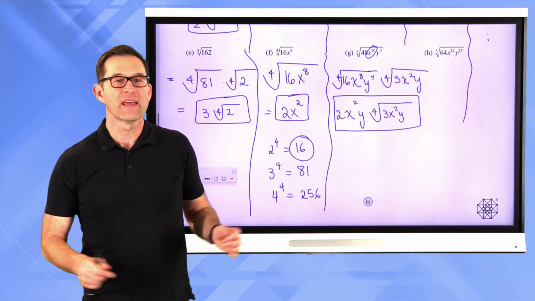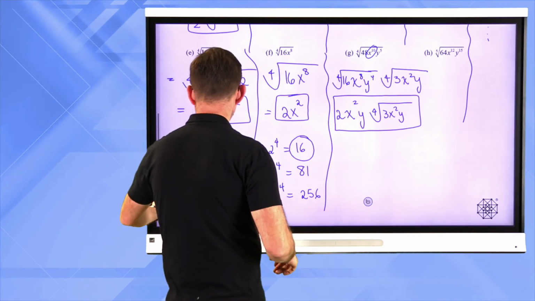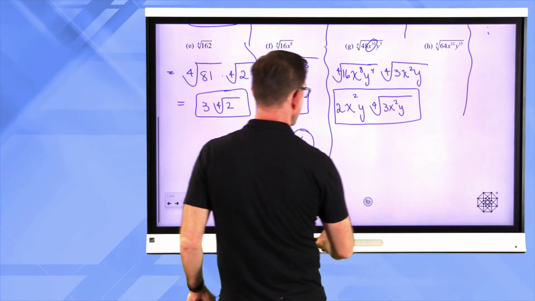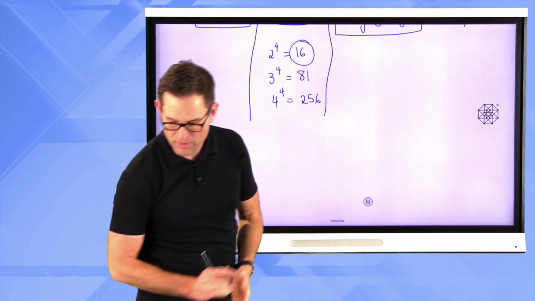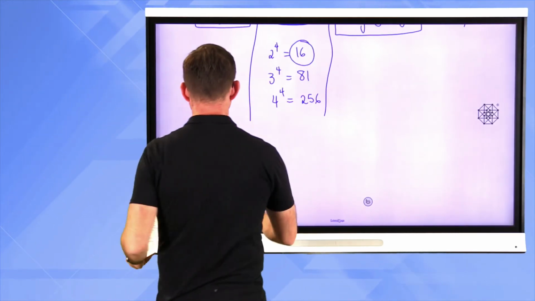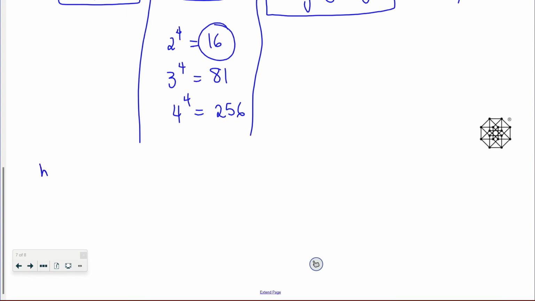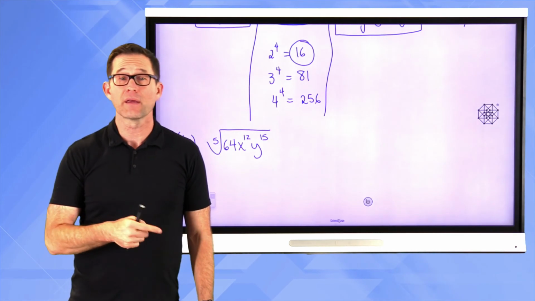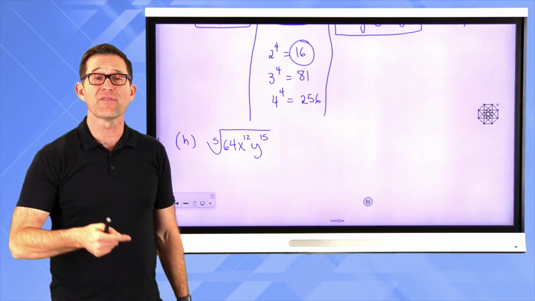Well, we got to do this dance again. And actually what I think I'm going to do is give myself plenty of room. We'll just rewrite the problem down here. So let me just put it down here. We've got letter H. We're looking to simplify the fifth root of 64 x to the 12th y to the 15th. Now, the hardest part of this one is dealing again with the 64 because we have to find the